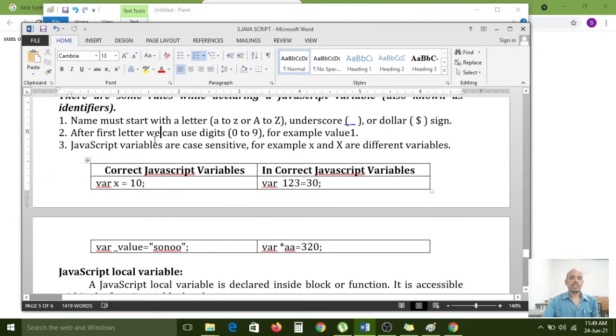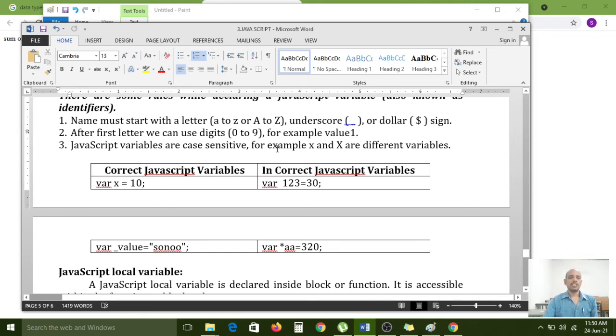A name must start with a letter. If you want to create any variable, the variable name must start with an alphabet letter, either small letters or capital letters. You can also use the underscore symbol and the dollar symbol.